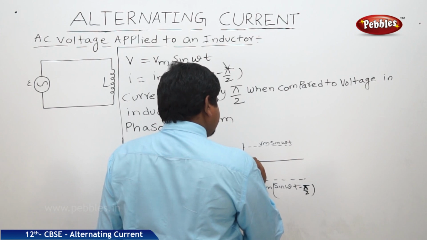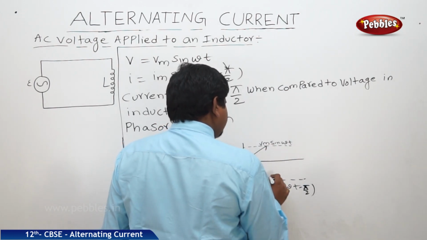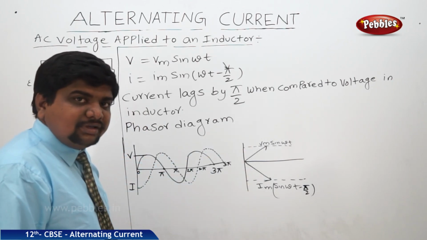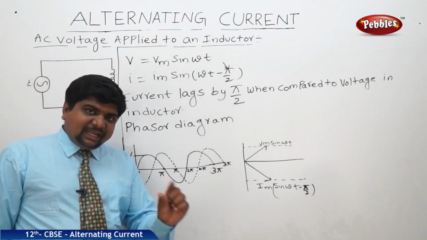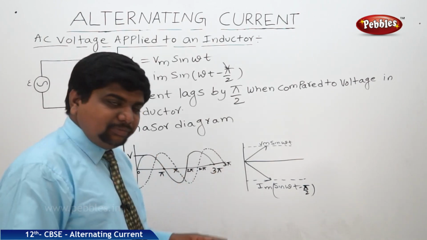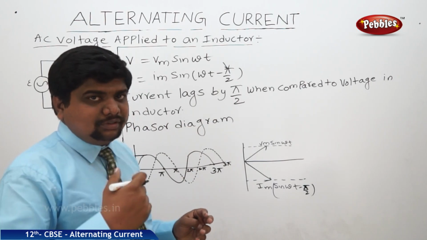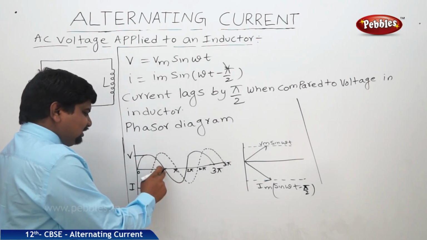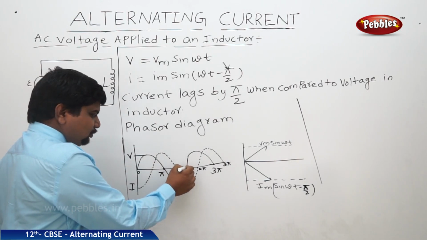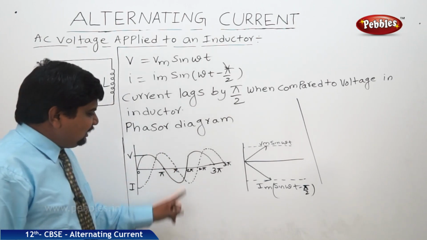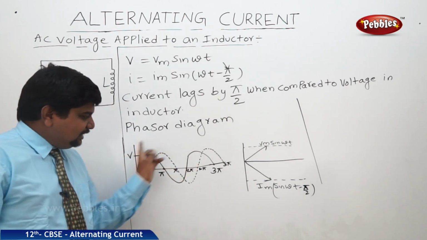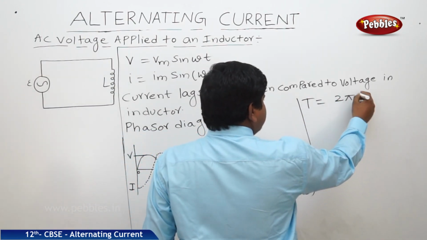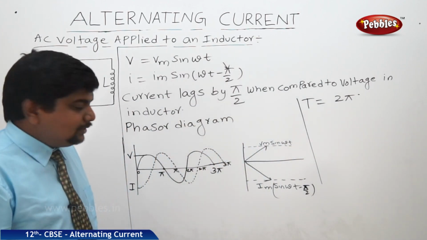So therefore, one peaks at the top while the other is at the bottom. They are separated by a phase difference of pi by 2. If the phase difference is pi, they are out of phase. Pi by 2 means the time difference is T by 4. In a complete cycle, here to here is pi, here to here is 2 pi. Up to 2 pi is called a complete cycle. The time taken to complete a whole cycle is capital T, the time taken to cover the 2 pi phase.